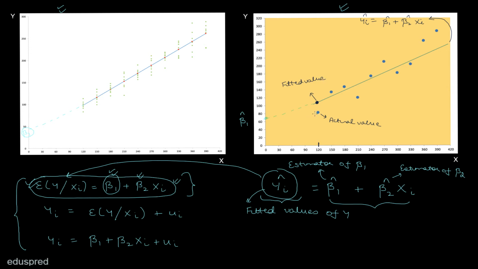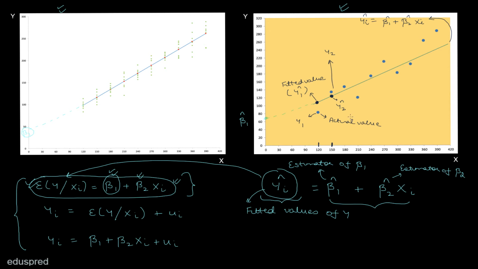So this is the fitted value of y. Now over here we have multiple dots. So this is the first blue dot. This is y1. y1 means the first actual value of y. And this dot is y1 hat. y1 hat means the first fitted value of y. Similarly, for x equal to 150, this blue dot over here is telling us the second actual value of y. So I can write it as y2, and this point over here on this line is telling us the second fitted value of y. So this point is y2 hat.